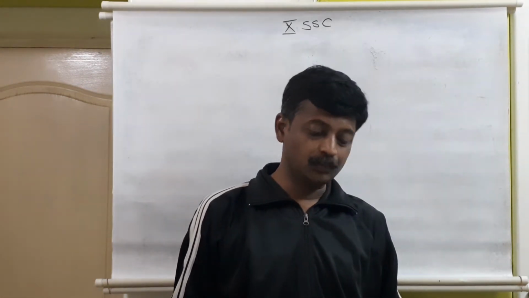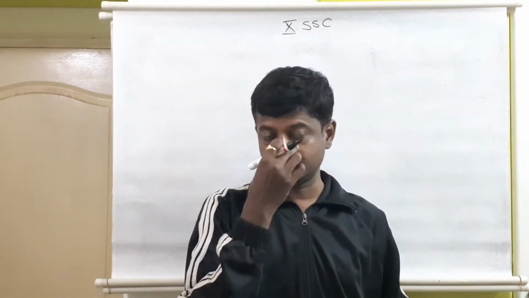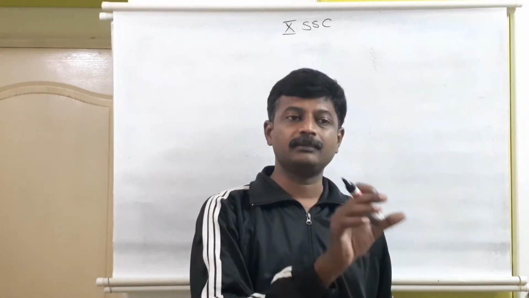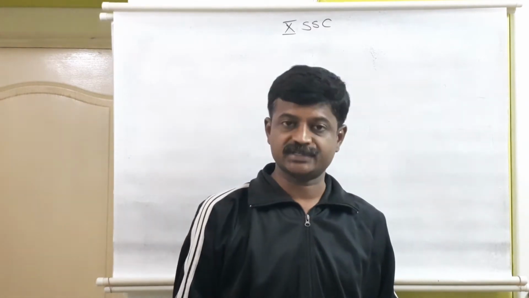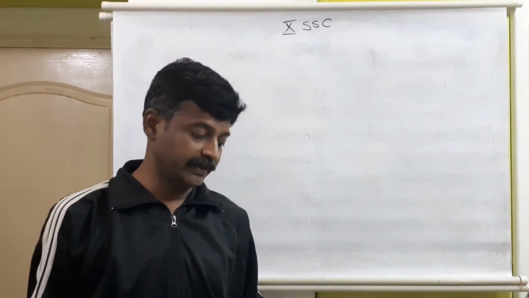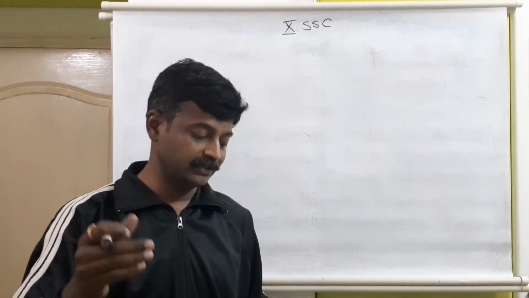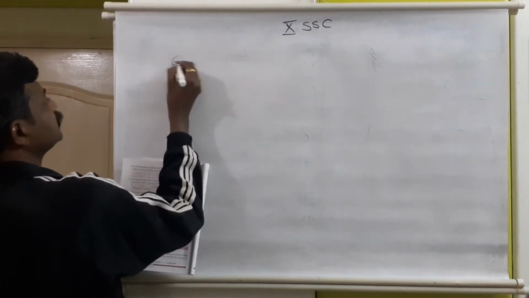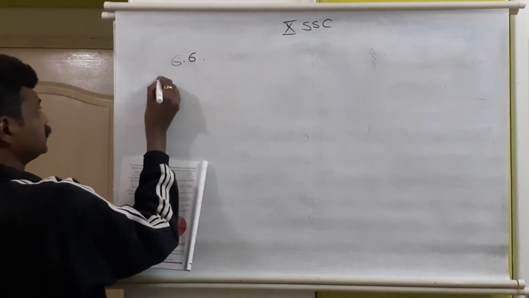Question numbers 1 to 4 were to draw the pie diagram, which we completed already. In question number 5, the pie diagram was available, and based on that we answered the questions. Similarly, in question number 6, information is provided in the pie diagram. Based on that information, we have to answer a few questions. Practice set 6.6, question number 6.